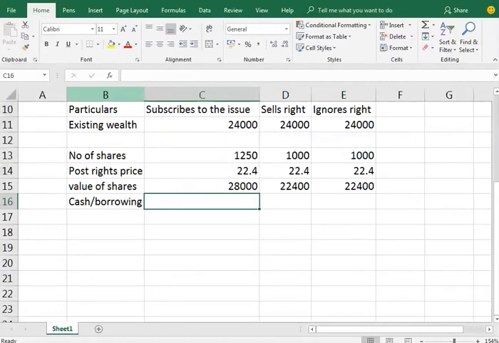There's a wealth reduction which happens. Why a wealth reduction happens in the third scenario is, you lose 1.6 per share and don't gain anything. Here you lose 1.6 per share for 4 shares and gain 6.4 per share for the rights issue share. In this case, you lose 1.6 and earn a cash of 6.4. So in this scenario and this scenario, your wealth is going to remain the same. Whether you subscribe to the rights issue or sell the right, the only problem is if you ignore a rights